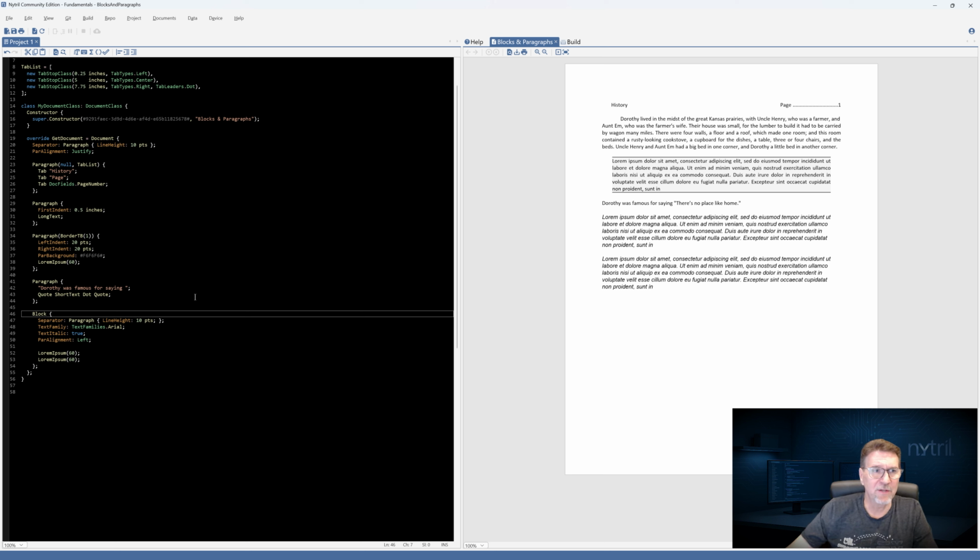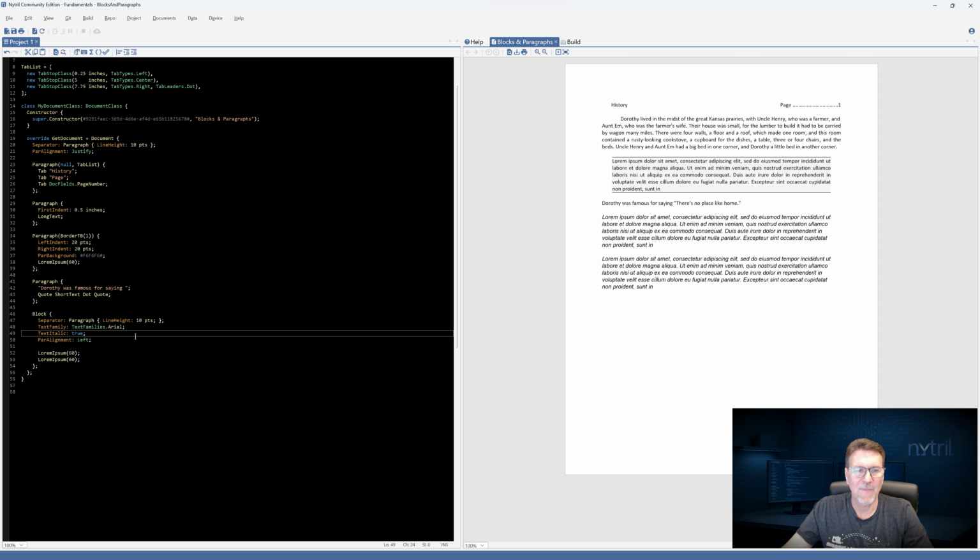Now, something I want to discuss here, because you're probably wondering, why are we using separator over again when it's already stated up here? I think the easiest way to explain this is that inheritance is applied for certain formatters and not for others. For sure, with text formatters, inheritance works and it traverses down until it's changed. That's not true for all formatters, and there are various reasons for that. The best way to find out is to simply test to see if you need it.